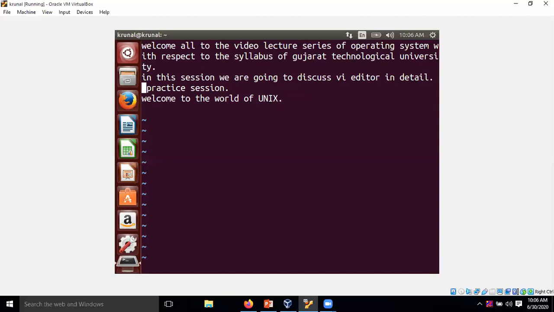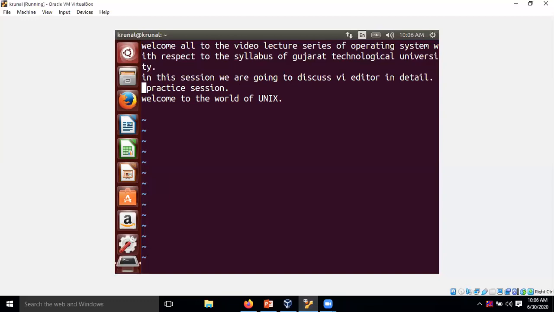Small u, as I told you, is basically used for what? Undo the last change you have performed. Capital U is basically used to undo all changes to the entire line.